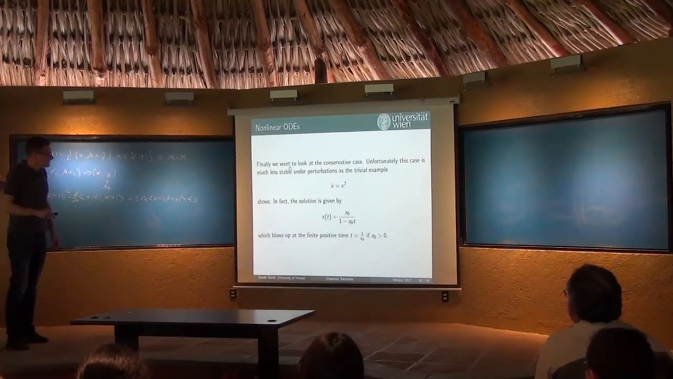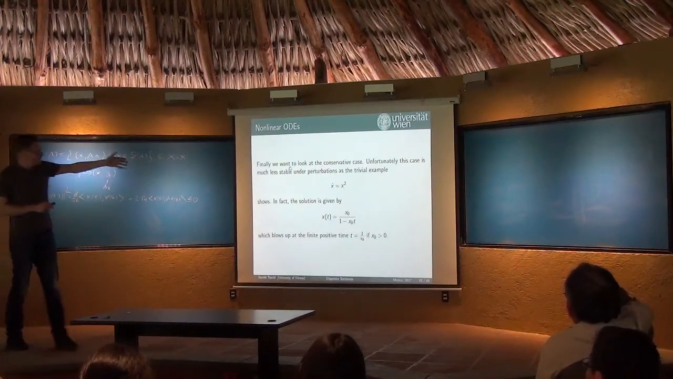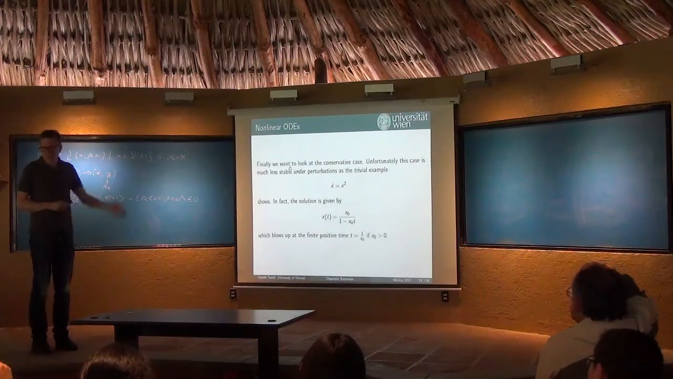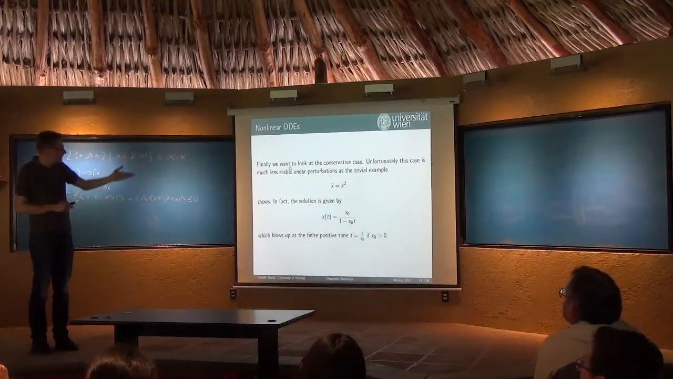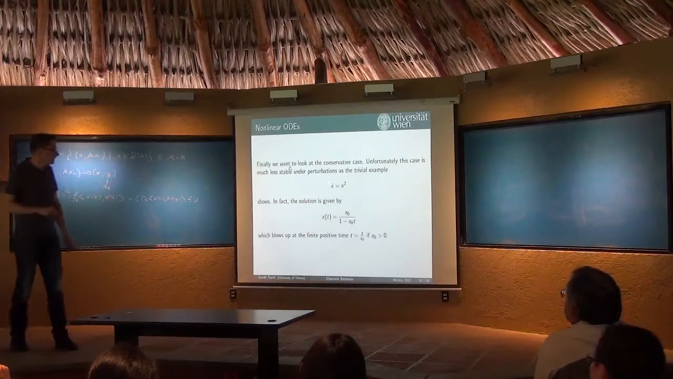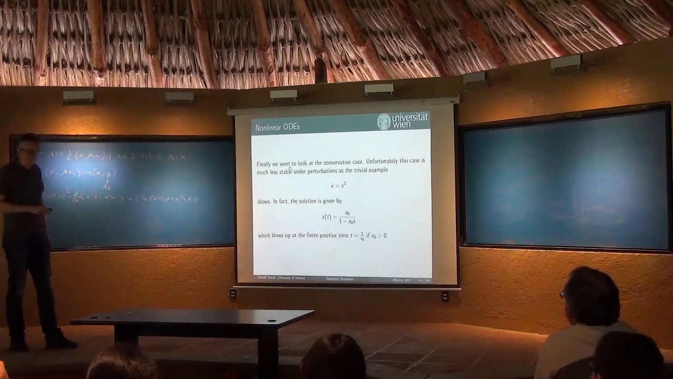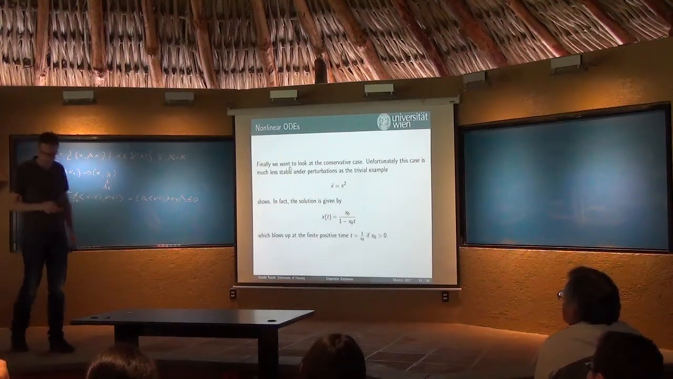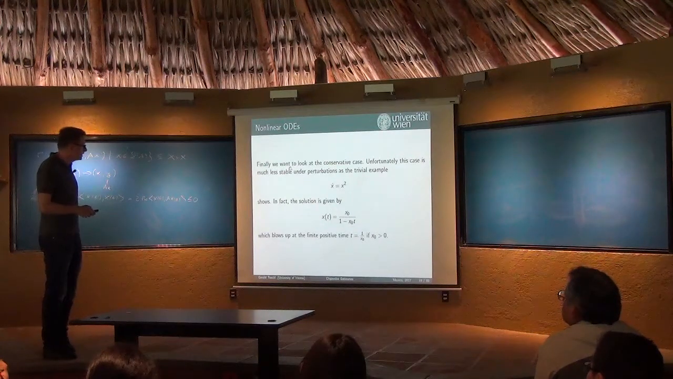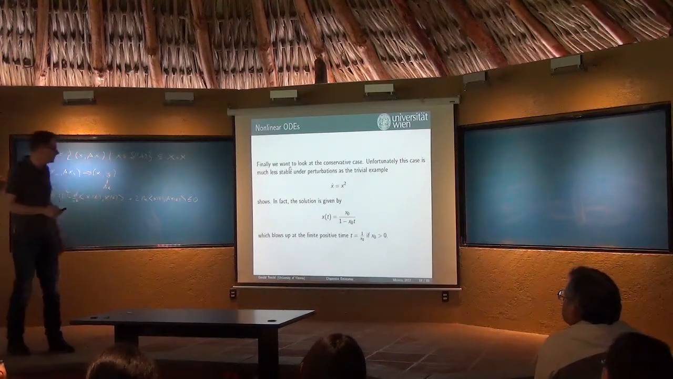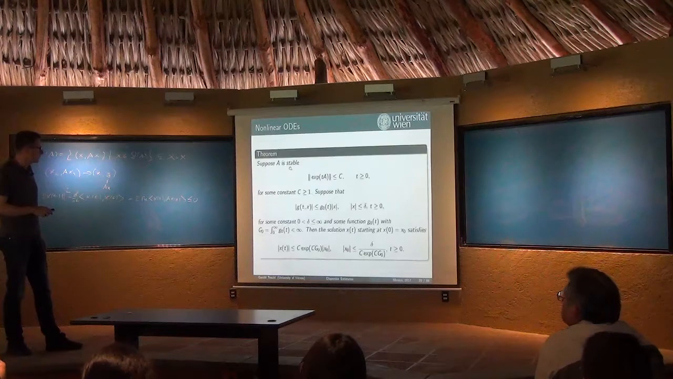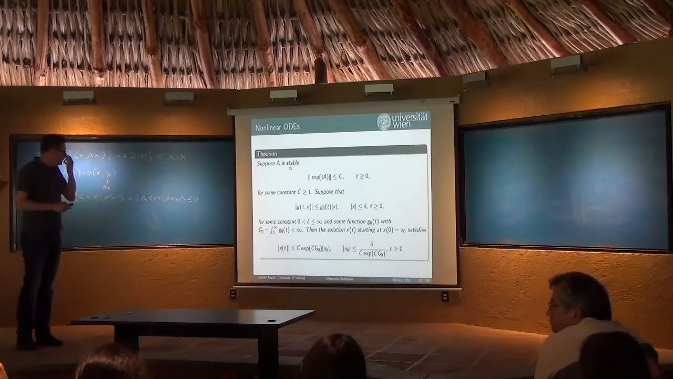So you see, even though the linear part here would be 0, so the linear solutions would be just constant, so no blow up, as soon as you add a small perturbation, and of course, you could add an epsilon here, it will not change anything. You will get blow up. So stability is typically not preserved. Okay, but